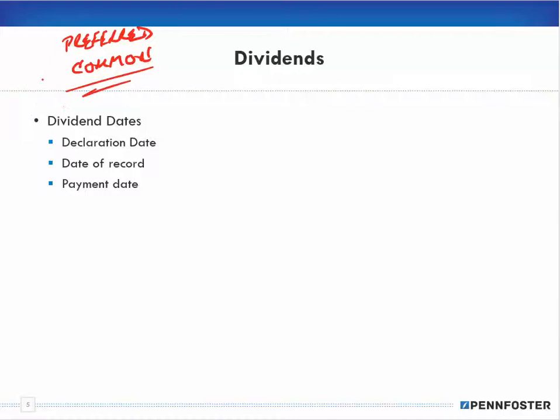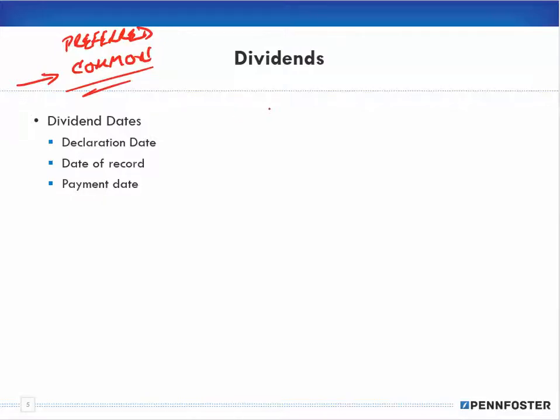All corporations will have common stock. Not all corporations will have preferred stock. It's up to the corporation to decide if they want to have preferred stock, and the terms of the preferred stock can be very different than just buying common stock, which is buying straight stock. And you saw that in the last video, in discussing preferred and common stock.